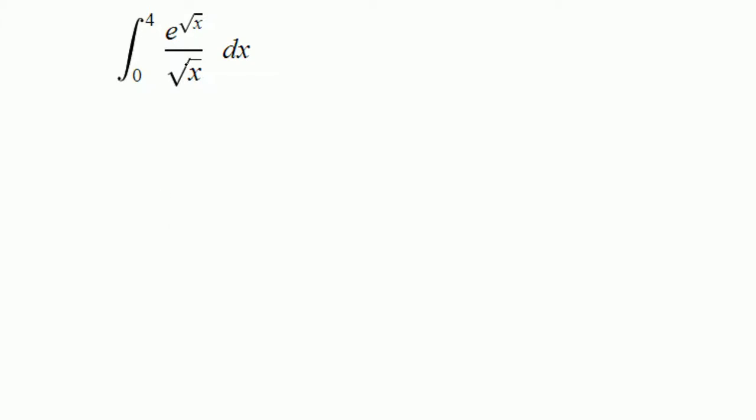We have a quotient of two functions, and we don't have a quotient rule to evaluate this definite integral, so somehow we need to get rid of this fraction. So e raised to square root of x over square root of x, and the only formula we know is the antiderivative of e^u du is just e^u plus C, because the derivative of the exponential function e^u